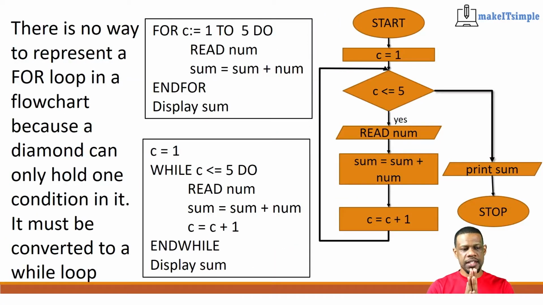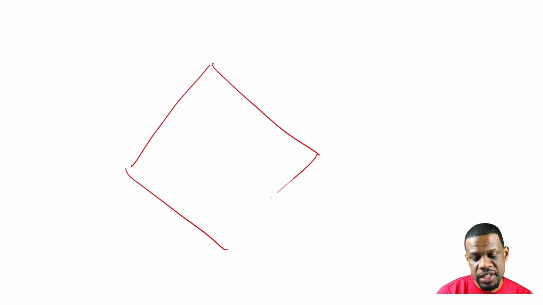Now, here is one of the most important parts of a flowchart. You cannot represent a for loop in a flowchart by itself, the way it is. You can't translate it line for line. You cannot represent a for loop in a flowchart like that. So you can't say in a flowchart, you can't put a diamond and put any diamond